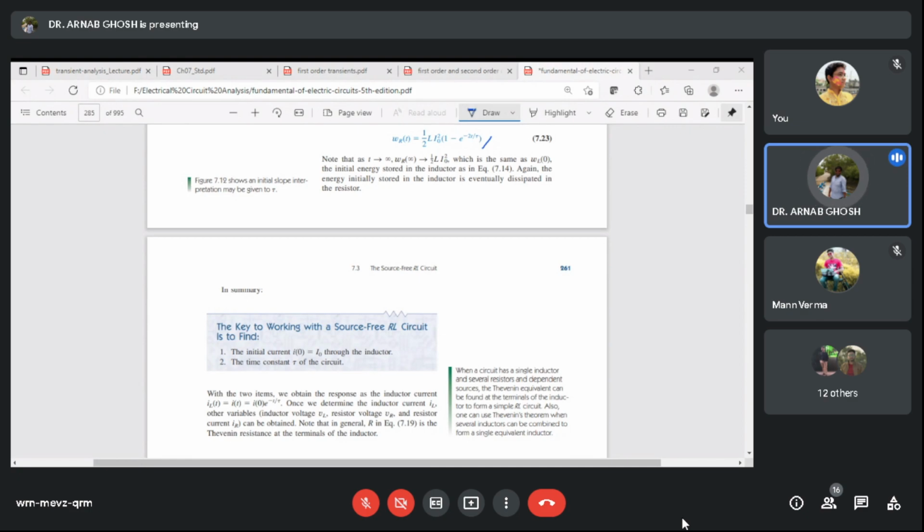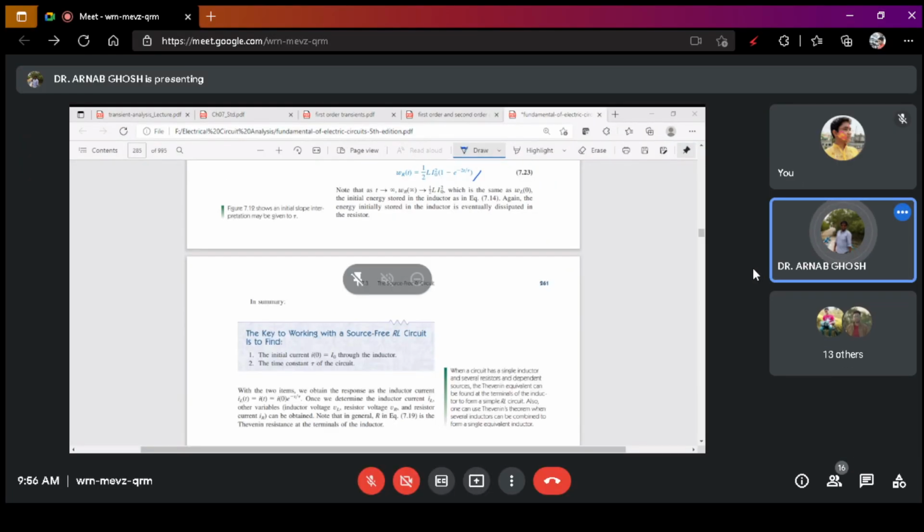Next, one thing more: for term 1 you will be having modules 1 and 2. Module 1 is the network theorems, KVL, KCL, the preliminaries of circuit theory, which entirely constitute module 1. Module 2 is the transient part. We have almost completed the first order circuit. We will just do the second order circuit and some numericals, and with that we can end module 2. So this will be your entire syllabus for term 1.